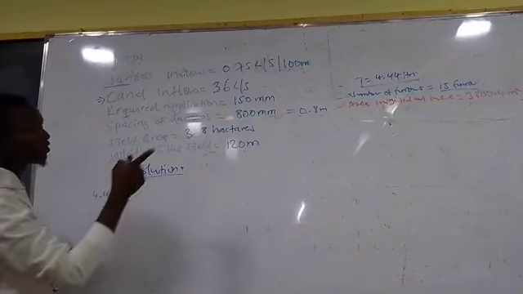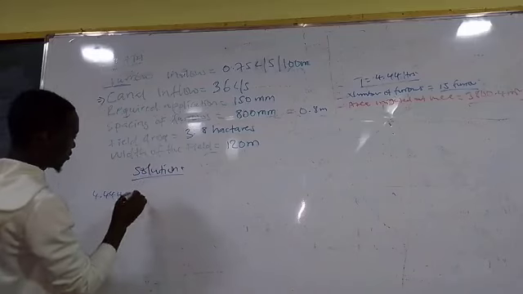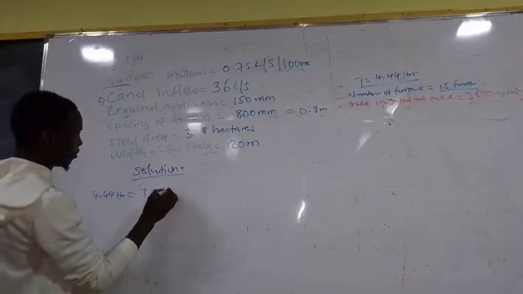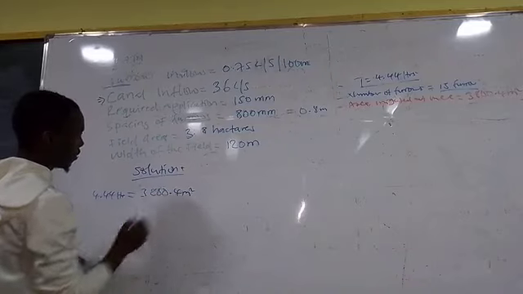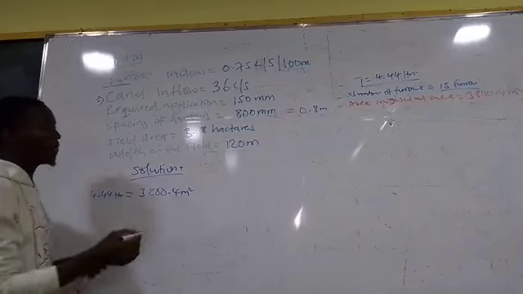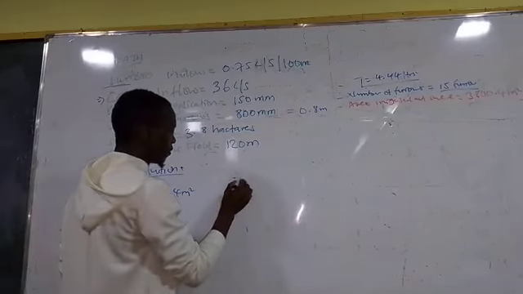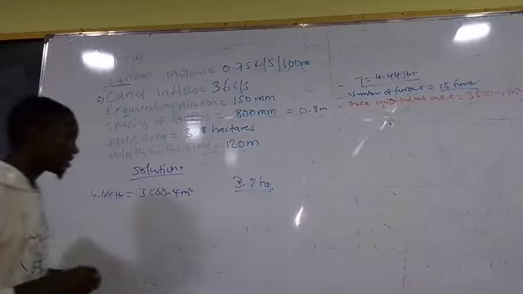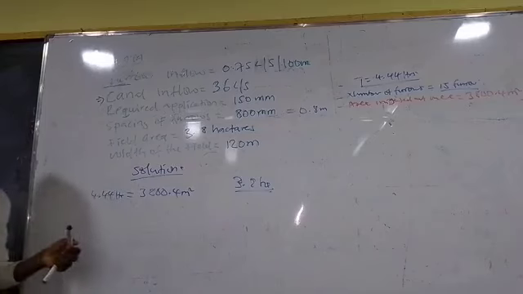We get the area of how much? 3.8 hectares. So this means to say, since we are dealing with the area which is in square meter,